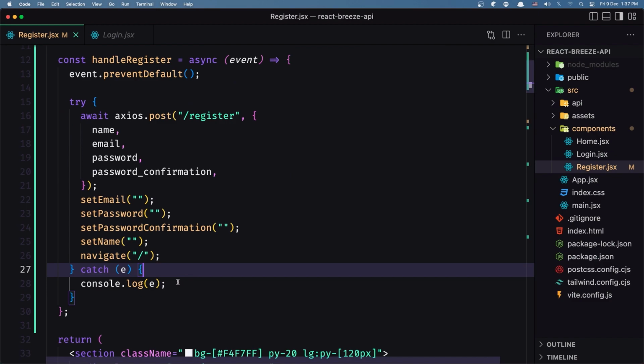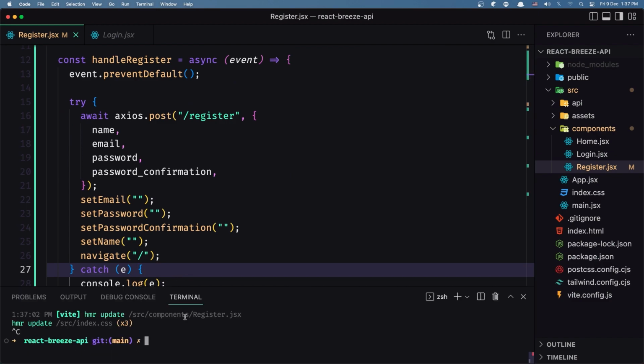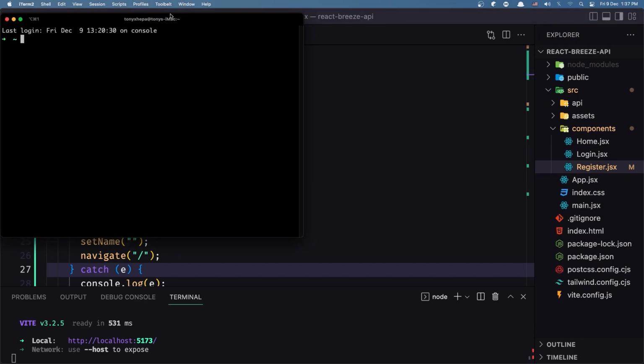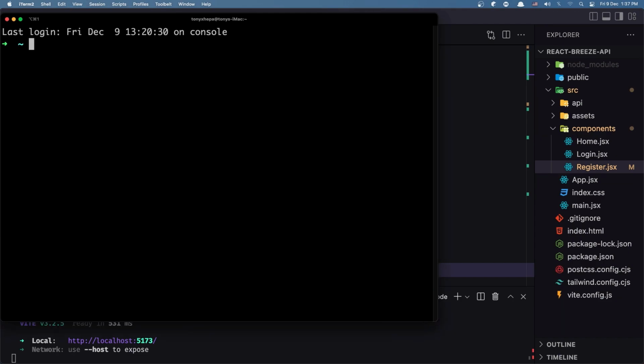I'm going to save, and let's run again the artisan migrate fresh, so we don't have any user. Yeah, we are in the front end. Sorry for that, we are in the front end. Let's open the back end. I'm going to open the terminal iterm here. Let's zoom it and let's cd in the sites directory and cd in the Laravel React API, and here I'm going to